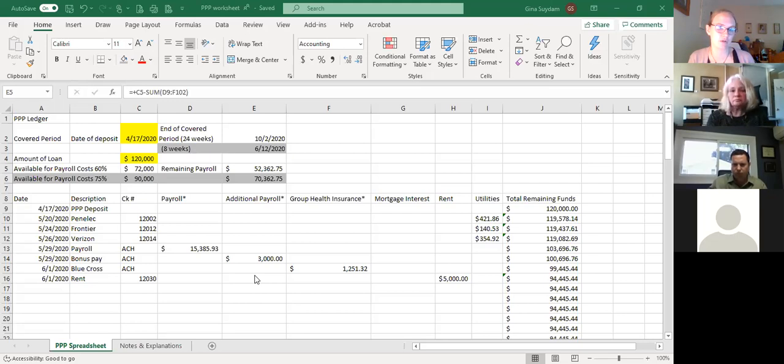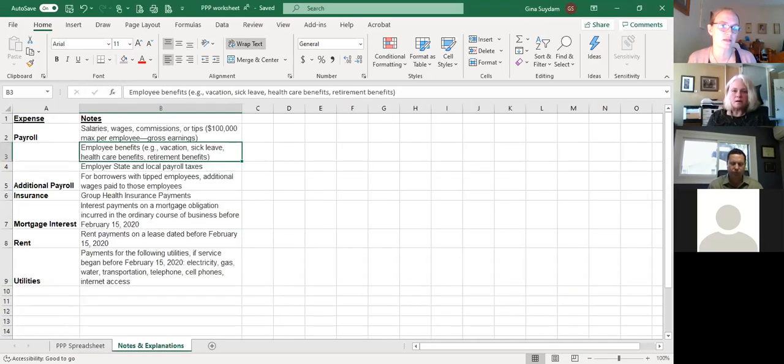If you have any questions, you can certainly email me back and share those with me. I did want to show you quickly, there's 2 tabs to this. The second one is just some notes for you that tells you vacation, sick time, healthcare benefits, all of the things that are kind of included with payroll,